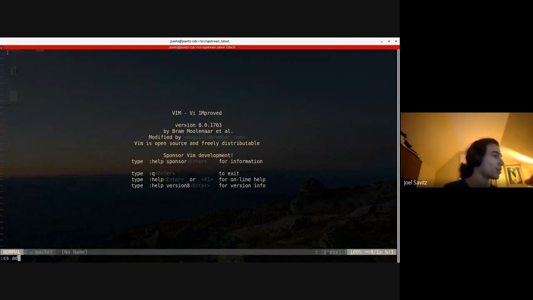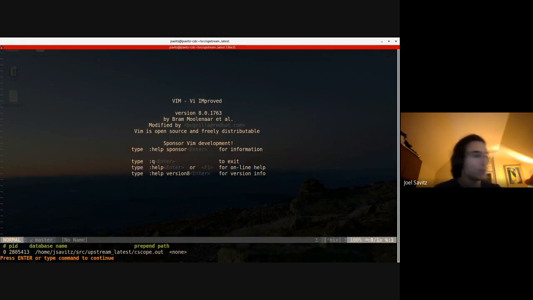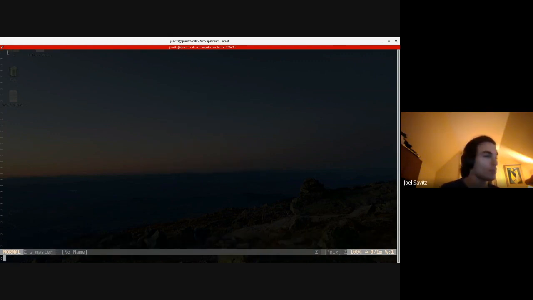So make sure that we add the cscope database. It looks like it was already added. We can check that with CS show. CS for cscope. It's just a Vim plugin. So here's where the database is. We just generated it. Great. All right, so CS find,